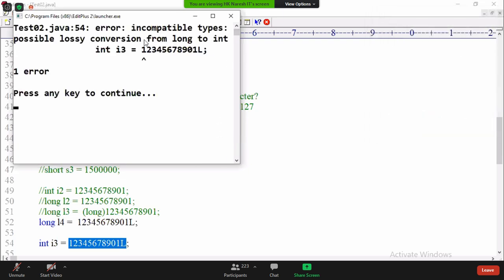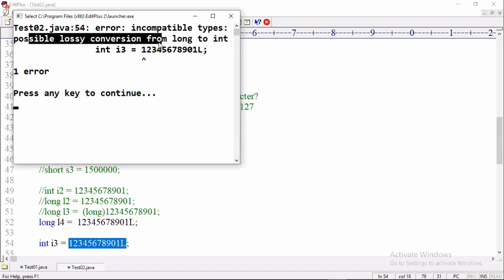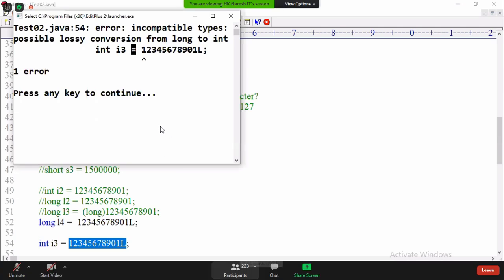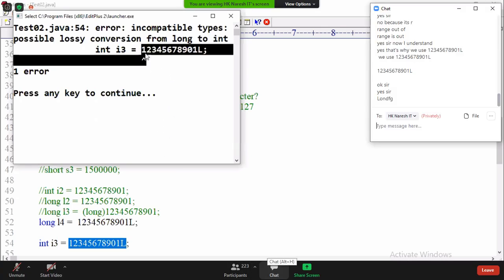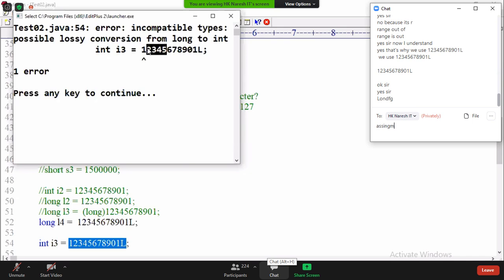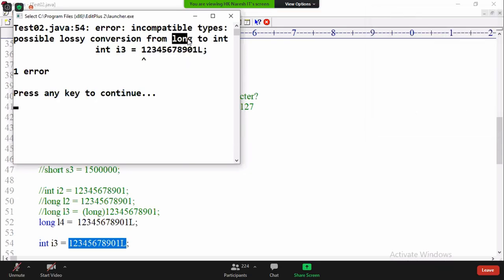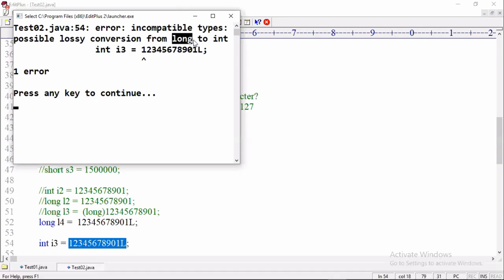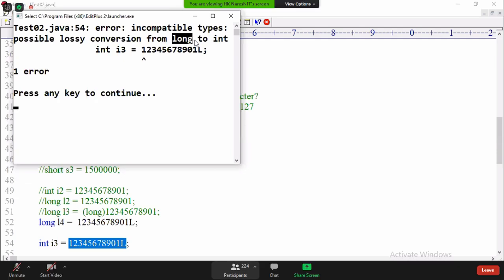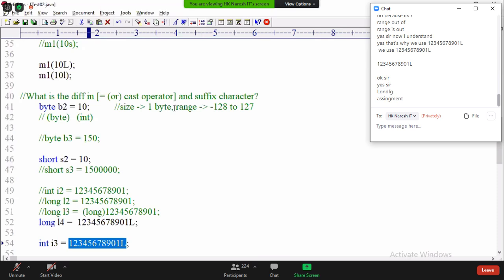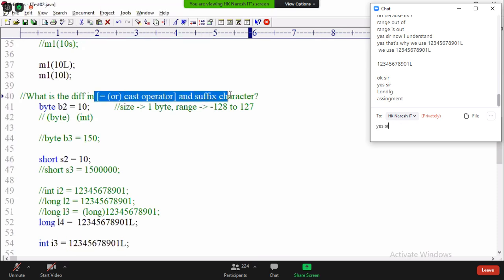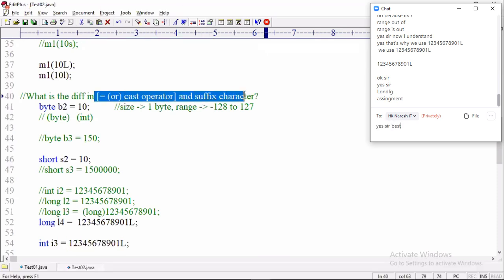Hello Bujji Hari Krishna. Possible loss of precision, from where? Long to int. Now is the problem the number, or the assignment? Now the problem is with the assignment, not with the number. The number is not a problem. Assignment is the problem. Now this number is not considered as integer; this number is considered as long. Can I hope everybody understands? This is a very, very important point: the difference between cast operator and suffix character.